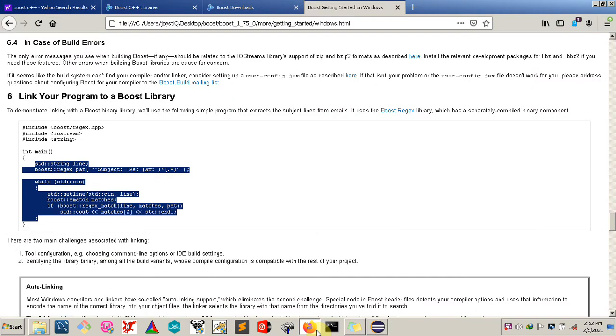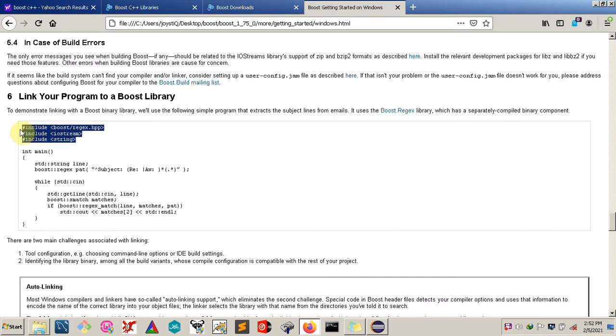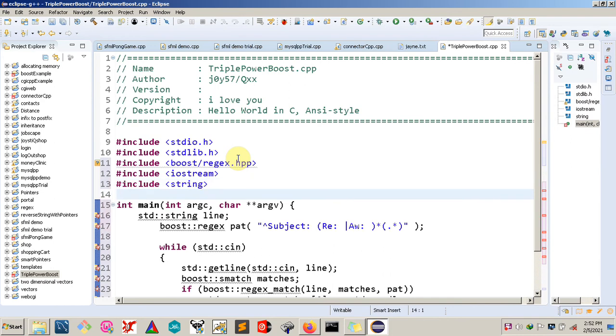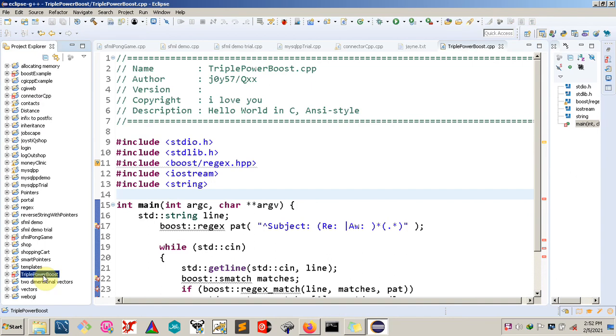and go back to the documentation and get the headers that we'll be using. So I'll just go ahead and copy that and paste them in my C++ project and save everything. Now there's one thing that we need to do. We need to include the header files and the libraries in our project. So I'll go to my